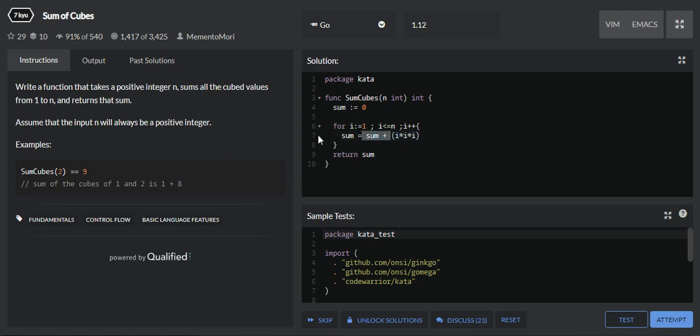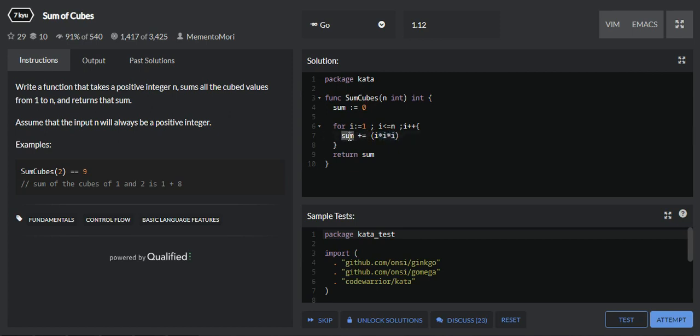So instead of using this longhand syntax, we can directly use plus equal to like this as well. It will have the same meaning as the before statement. So here initially the sum value will be 0. Now i is equal to 1. Suppose I am giving the input as 2 to the sumCubes function, and i will be 1, so I calculate i cube, and 1 is the answer for that. Now I am adding sum is equal to sum plus this cube. So sum was 0 plus 1. 1 cube is 1, so 0 plus 1 is 1.